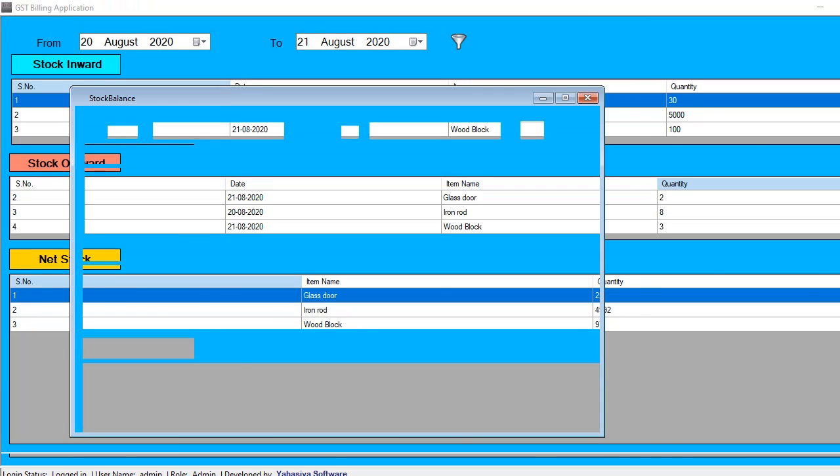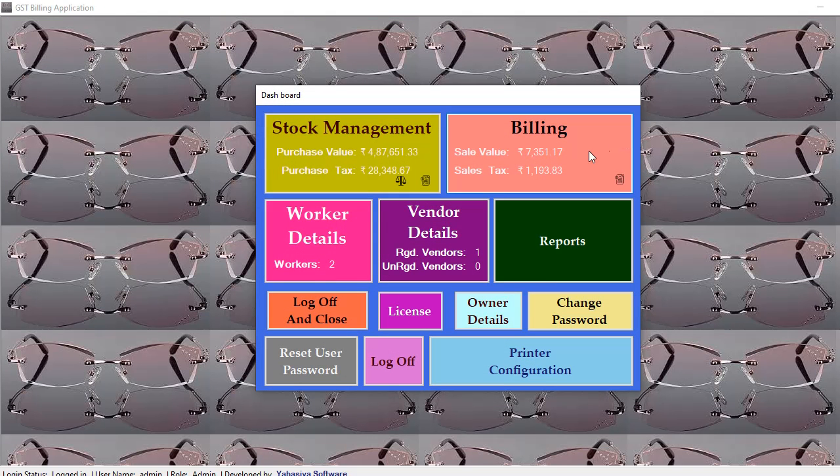The next step is your purchase report. Previously we didn't have a separate window to see the total purchase we made. So that is implemented now. To see the purchase report, you just hit this one.